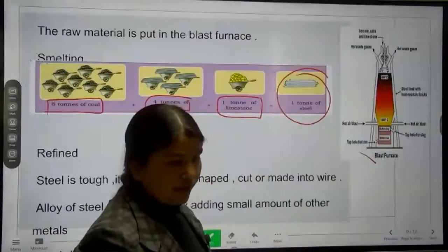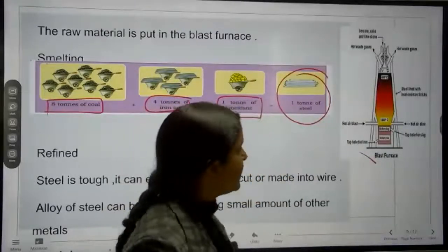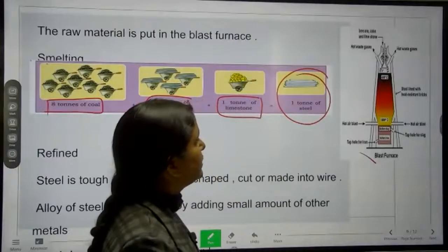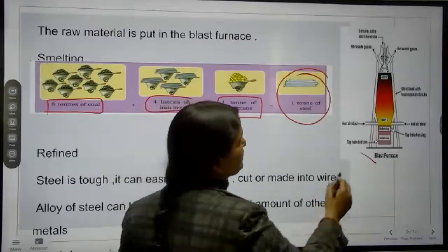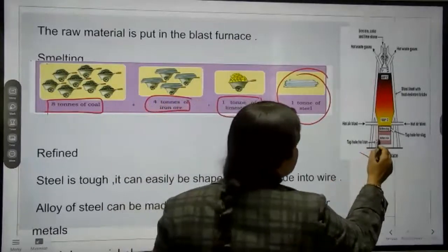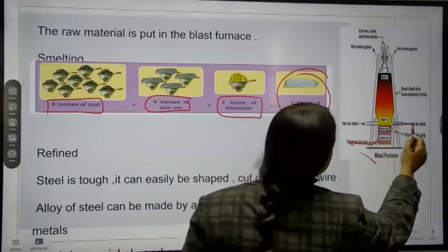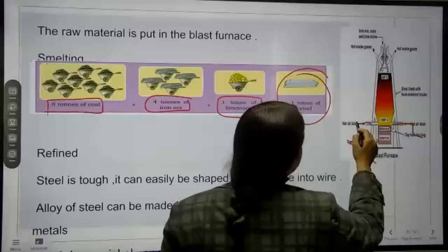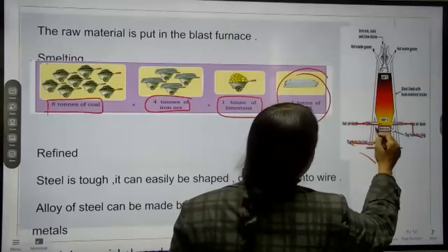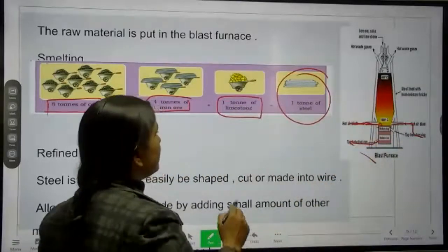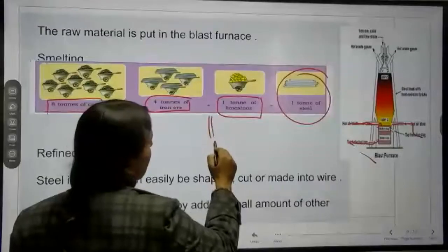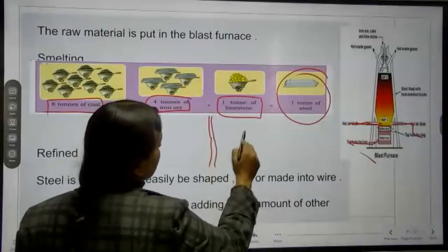Okay. Who has the book can see the blast furnace there. In the blast furnace, students, just see. Here we have the tap hole for iron. On this one side, the sludge is there. On this one side, hot air is blasted from here. If you are not able to see, I will draw a rough diagram over here, so you will come to know.